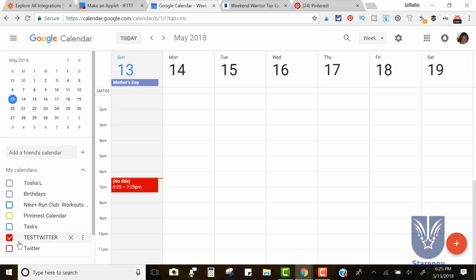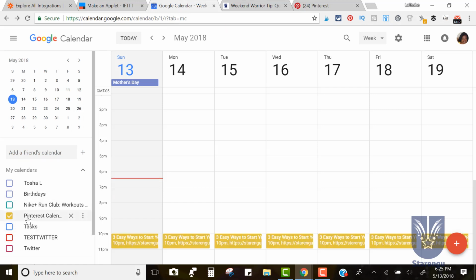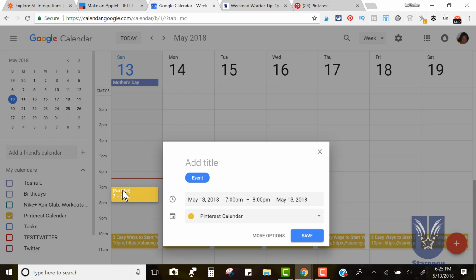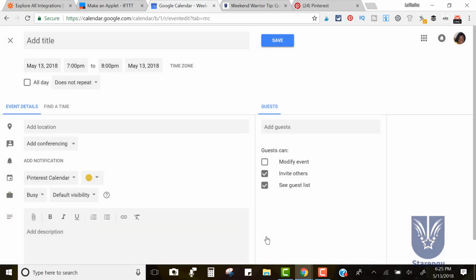Make sure I am on the calendar where I am sending these posts. See, I've got one set up already. I just wanted to show you what it looks like when you've got it set up at the same time every day. But I'm going through this live with you. So let's say I want this to post at 7. I'm going to go to more options, and then I'm going to click on the location, and this is the URL that has the photo and the blog post that I want for that particular pin,